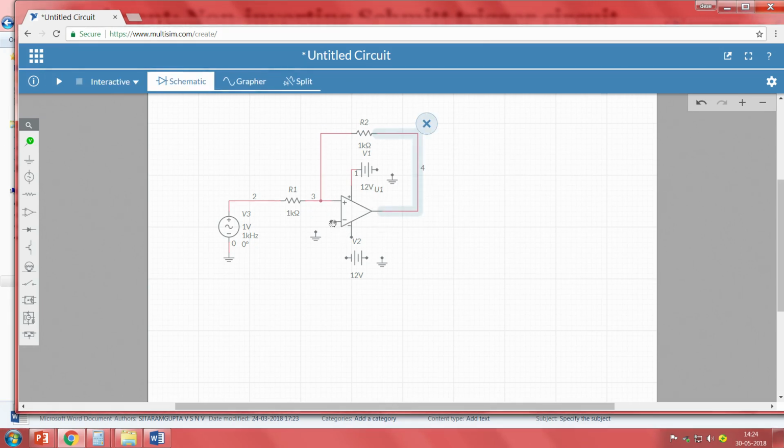This is my V out, and the negative terminal should be connected to the ground. The positive input bias voltage should be connected to the positive source, and the negative terminal should be connected to the ground. The voltage that I have to apply is 15 volts, right. That is what we have done in the calculations too. If you had done the calculation using 10 volts, then you can apply 10 volts here too. Then the output will fluctuate between plus and minus 10 volts, but the thresholds will change, beta into VCC or beta into VSS.